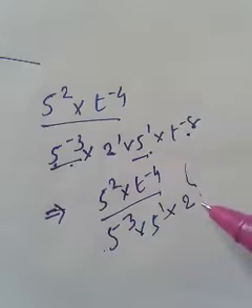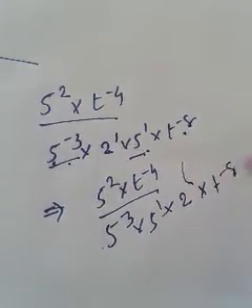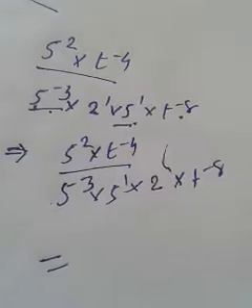2 raised to 1, 2 raised to 1 means 2 itself, into t raised to minus 8. Okay, now just see it becomes,